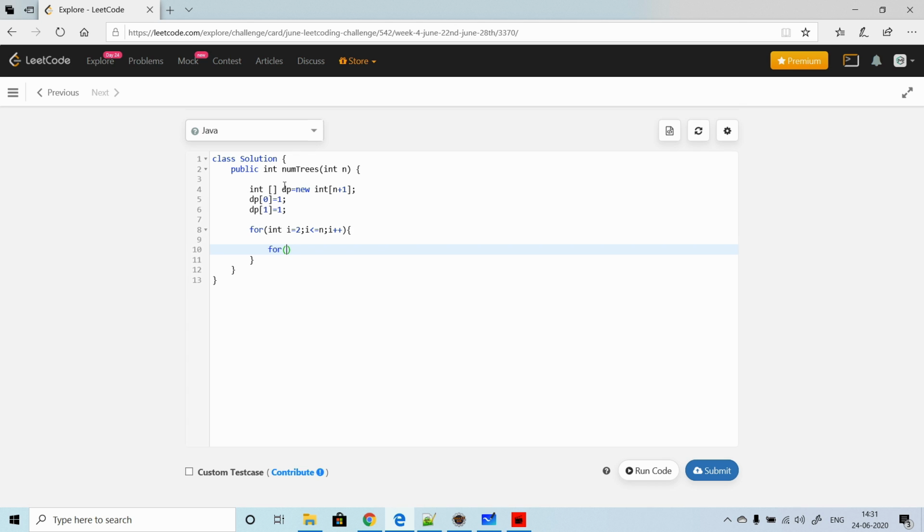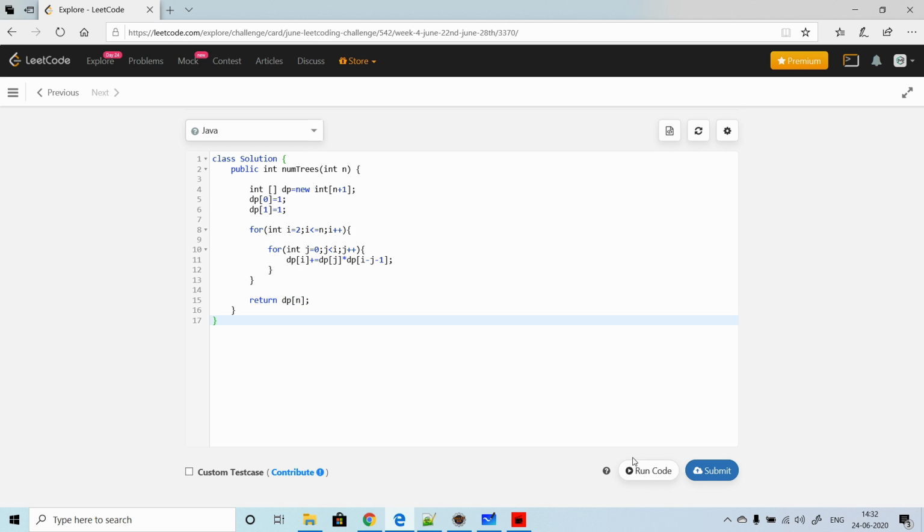Now let's write down an inner loop that will start from 0 and go till i, j++. Now let's calculate the state of dp[i], which is equal to dp of j into dp of i minus j minus 1. At the end we will return dp of n. This will give us the final result.